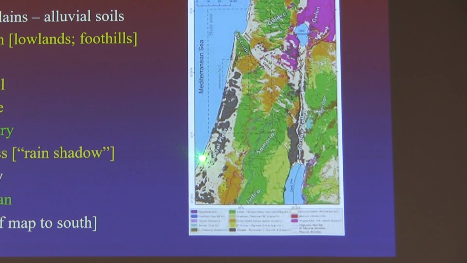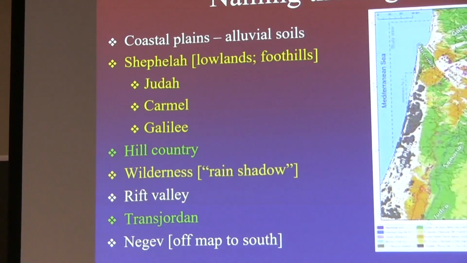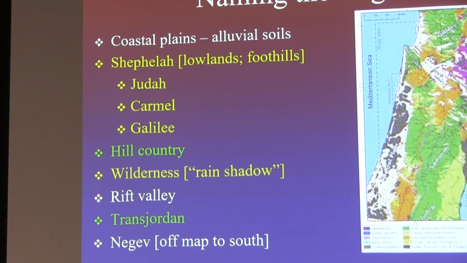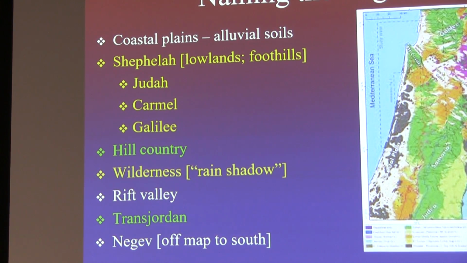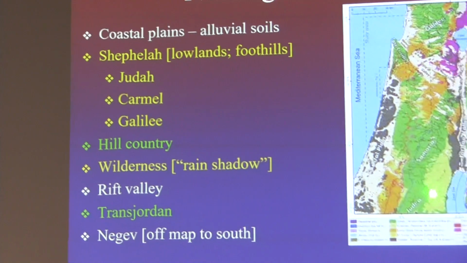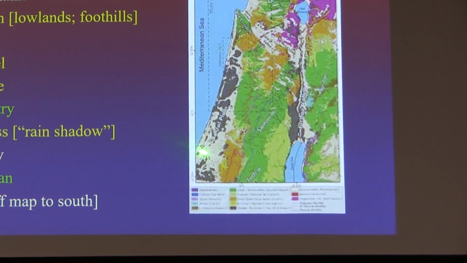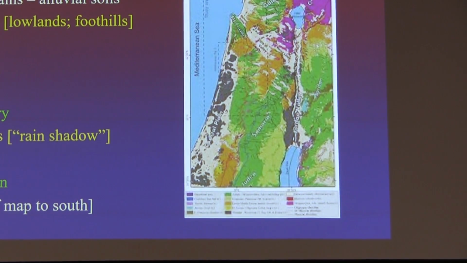Moving from the coastal plain area, we are now climbing in elevation a little bit, right? A little bit. Here's our Shephelah. That word is Hebrew, and comes from shafal, which means to be low or reduced in height. And so these are the lowlands. Sometimes your translations will use the term foothills, sometimes lowlands. But if you're standing up here looking out towards the sea, this is a lower area. I'll show you pictures in a moment.